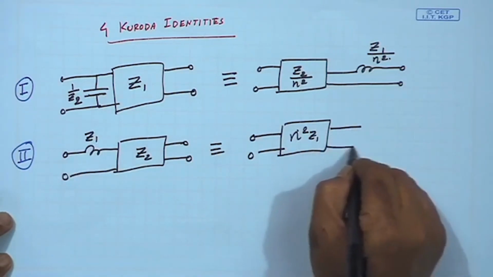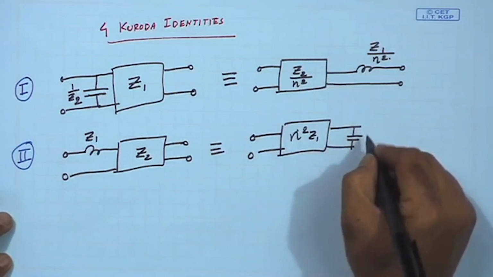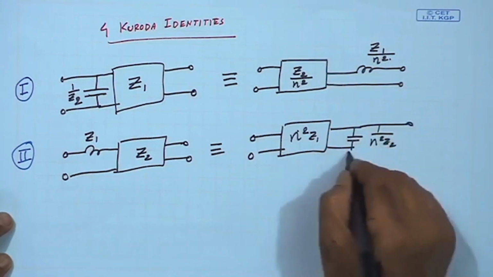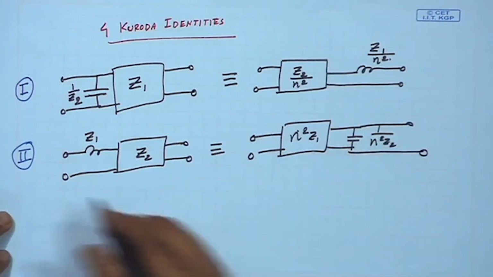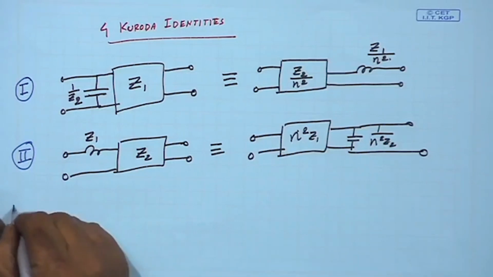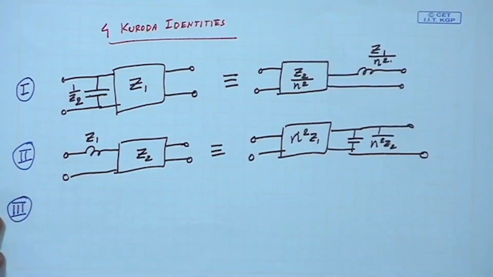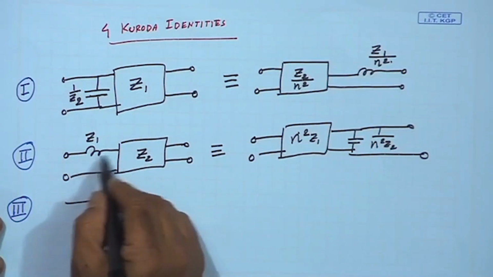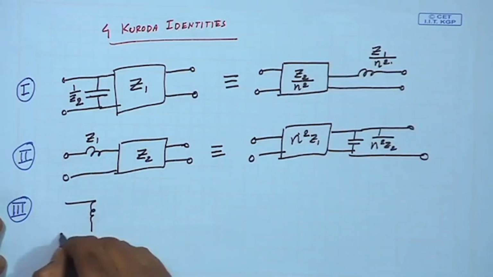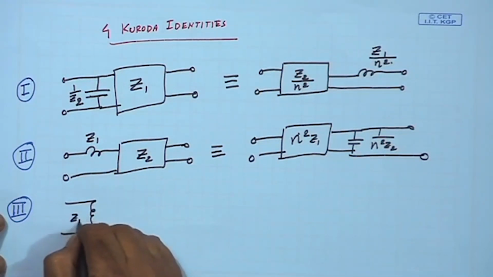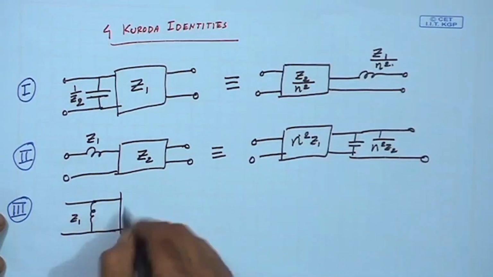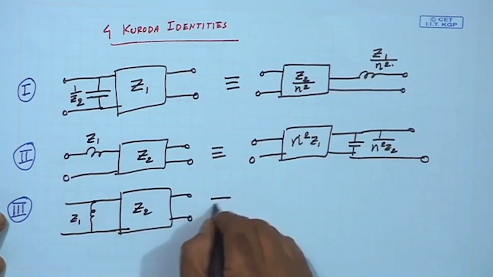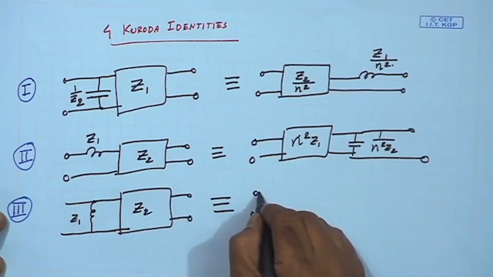So, here it is saying this is equivalent to 1 by n square Z2, this one. So, this is the second type. Then the third type is you have, instead of a series inductor, a shunt inductor of value Z1. He said put with this a Z2, and that is equivalent to again